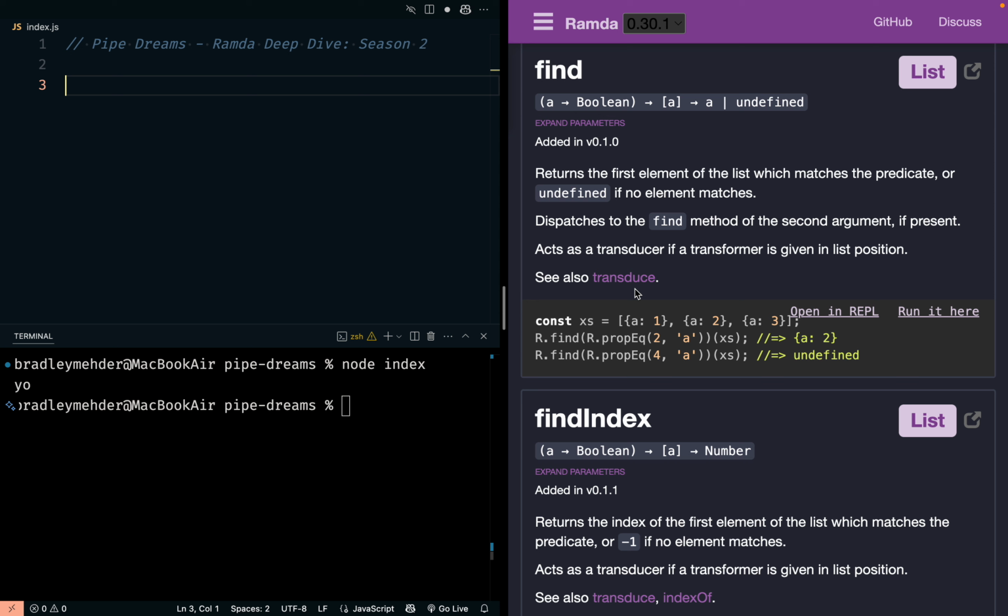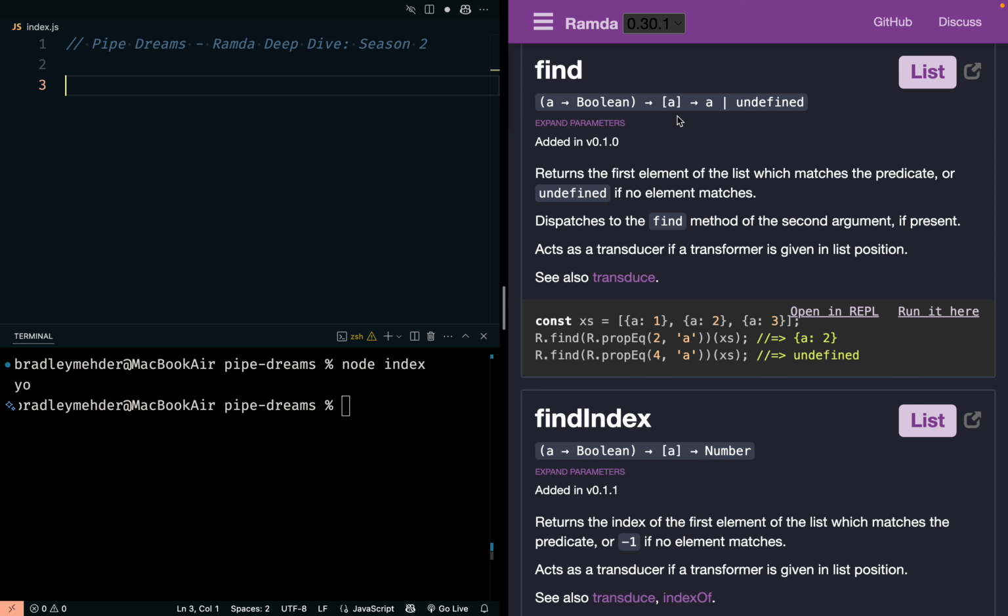So yeah, let's dig into find, right? I think the best thing to start with is probably the type definition, or type signature. Which one is it? I don't know. But find is going to take a function as its first argument, and it's a predicate function, right? So it takes any type A and returns a Boolean, so true or false. And then we're going to take a list of A's, so some sort of array.